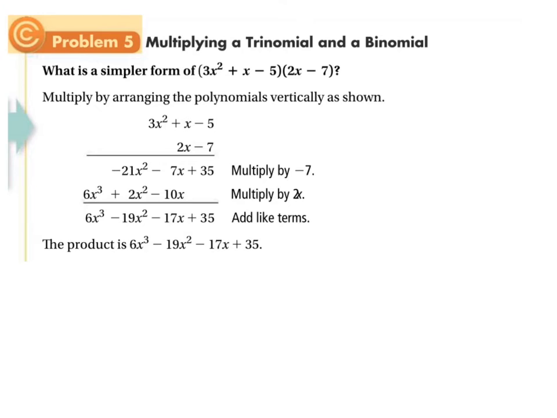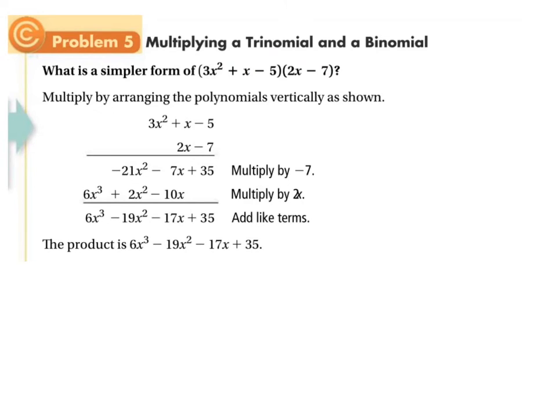Okay, so they're asking what is a simpler form of 3x squared plus x minus 5 times 2x minus 7, and essentially we need to do, it's like FOIL, in the sense that you're going to do this times this and this, this times this and this, and this times this and this. But you see how it gets all clogged up and messy and not really easy to keep track of? So we're going to examine this method of doing it,